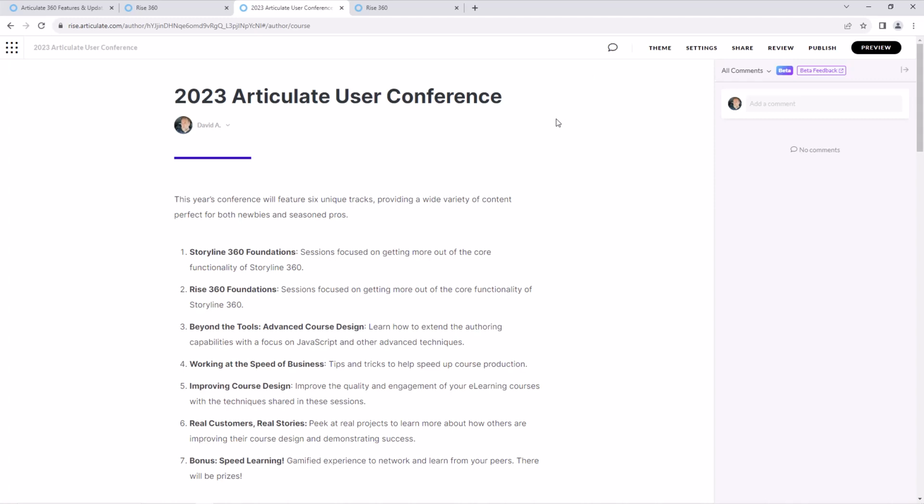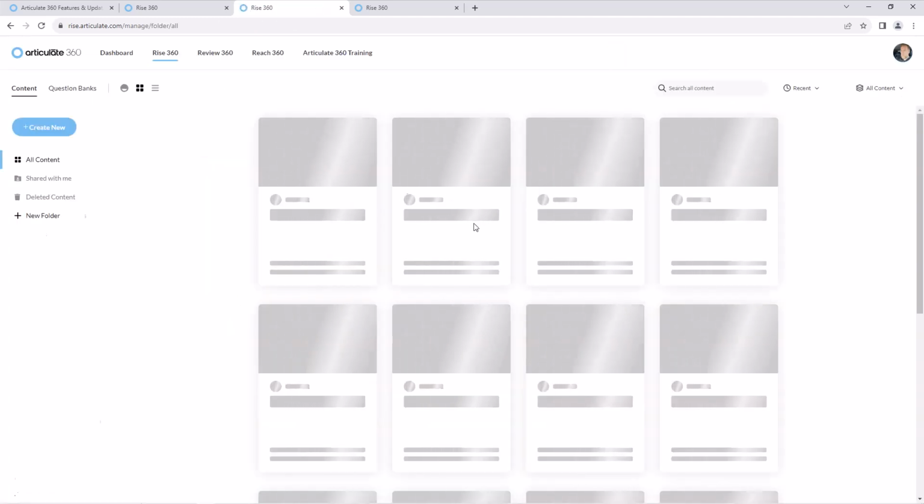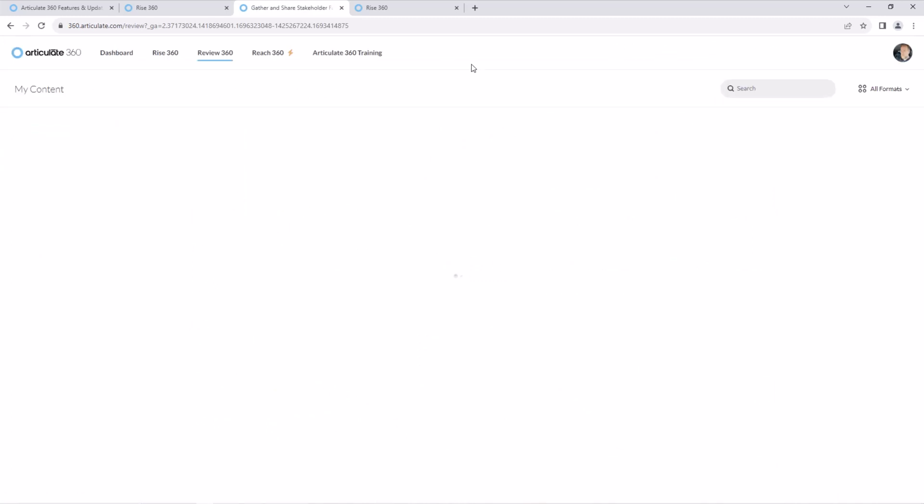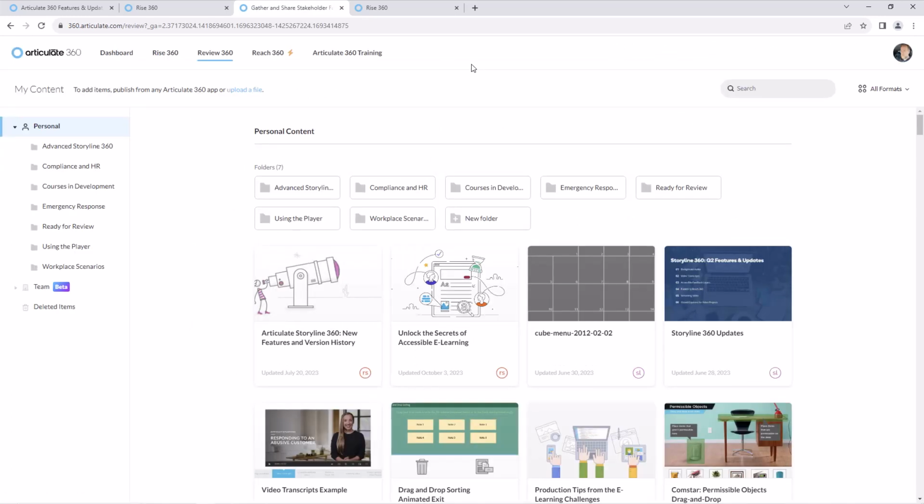You can work within the course if you have access, if it's your course or you've granted collaboration rights to the course, or you can put the feedback in working directly from Review, whichever method you prefer or however you've granted those access and permission levels to your collaborators in Review.